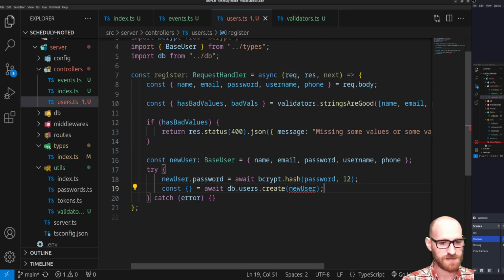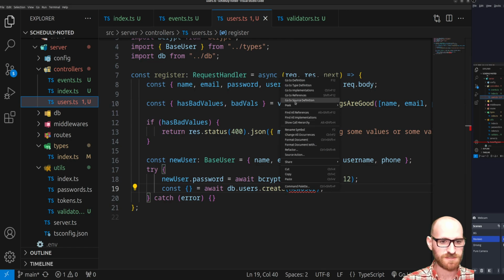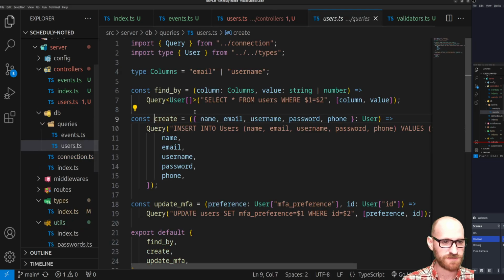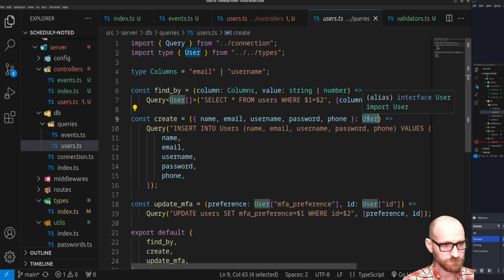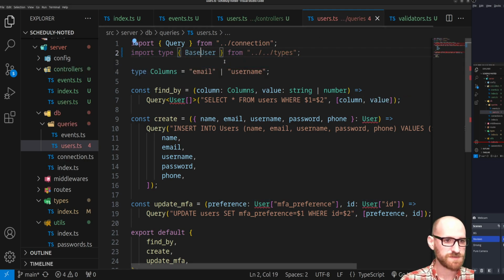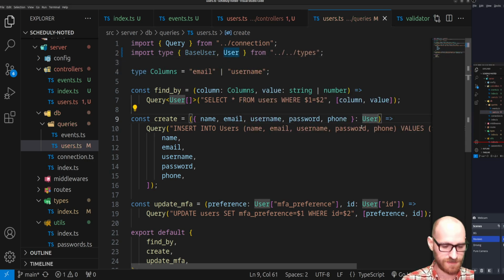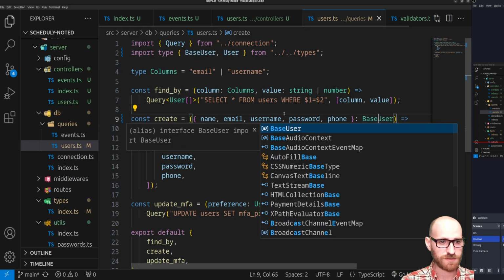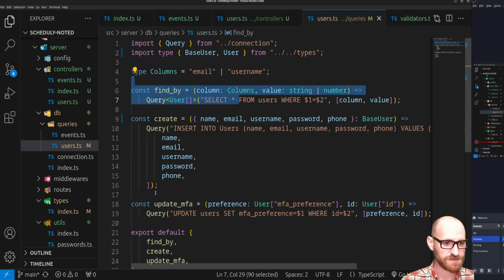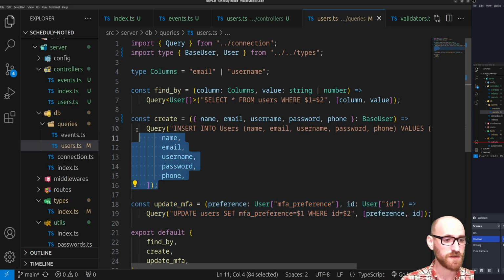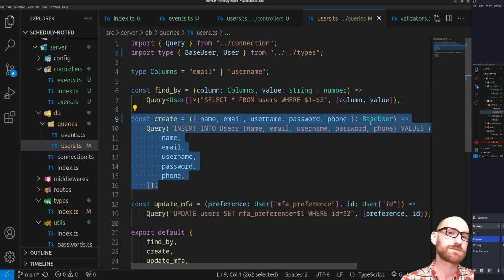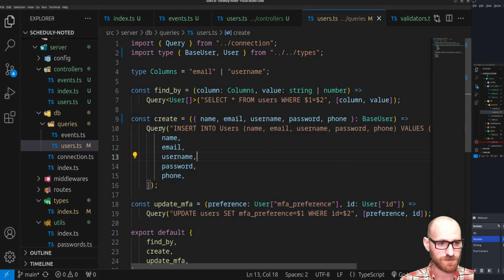Oh, and I said new user object, but I need to update the type definition of that. So everything else is dealing with the user type, with the exception of create, which is just that elementary user object, because this is a pre-existing user object, this is one that has not been created yet. So query